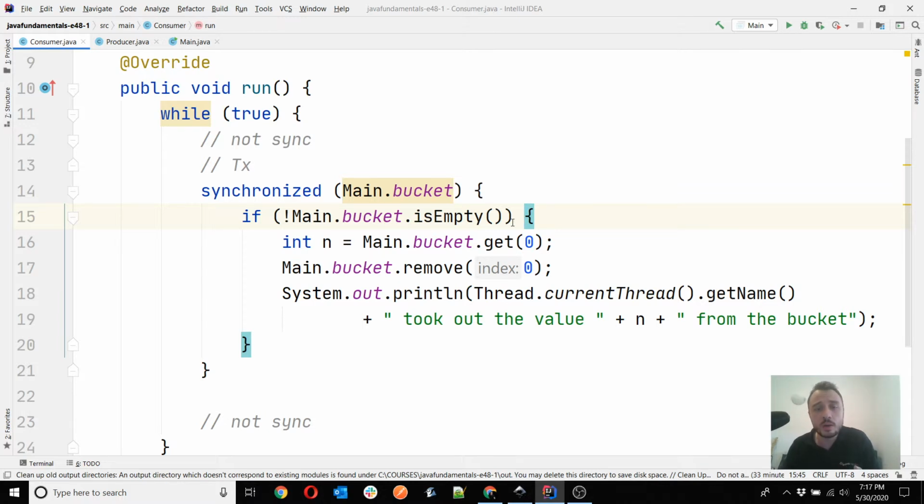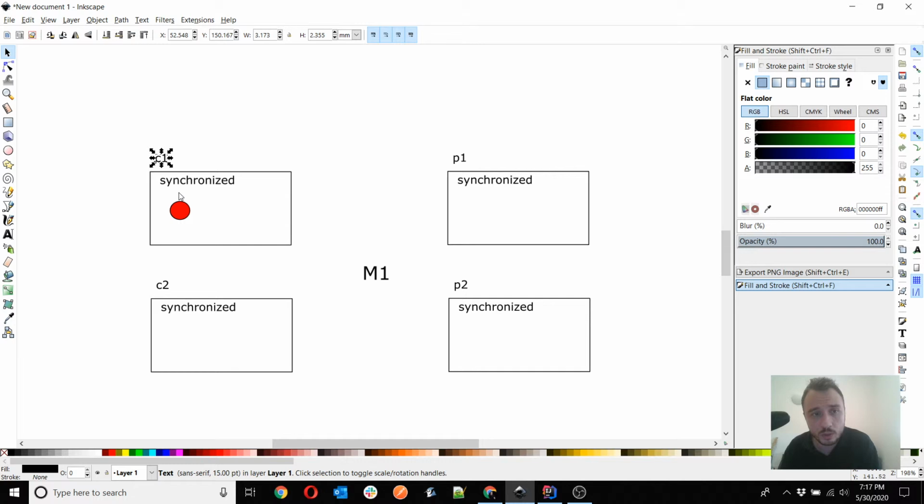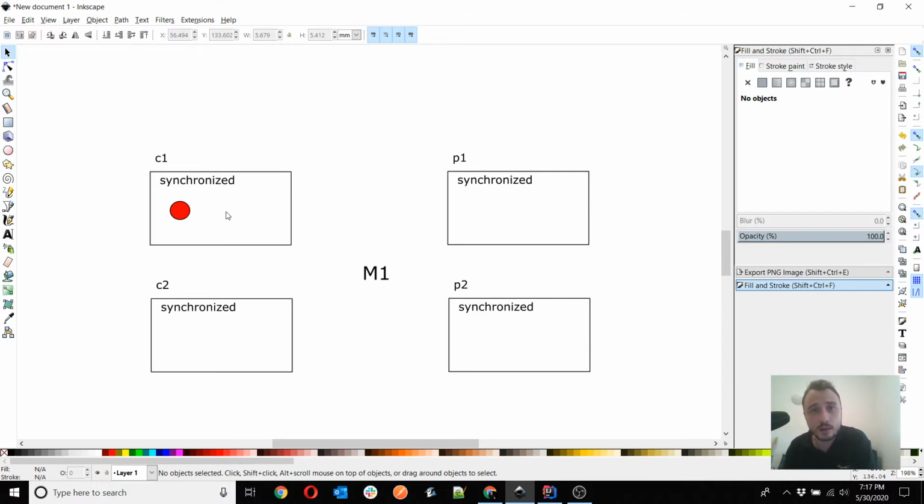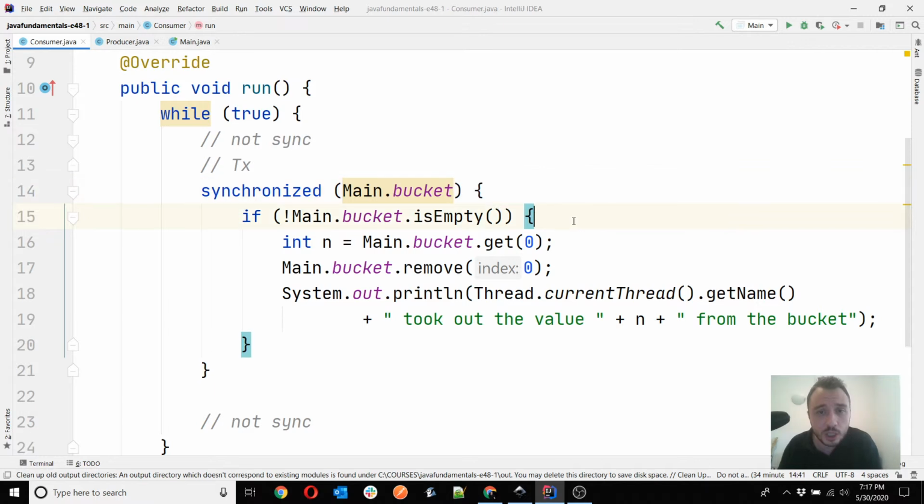The consumer will only test that the bucket is empty, but because we are inside the synchronized block here, and there is no other thread at the same time, because we discussed we have only one monitor, it's only one thread at a time executing, which is our consumer. Basically, there is no producer now to add a value. So the condition will never change.